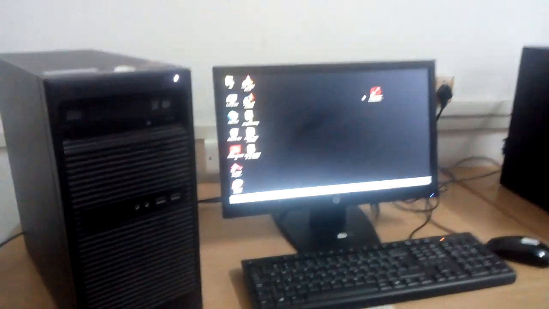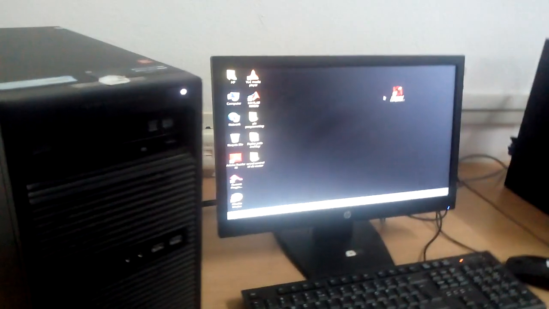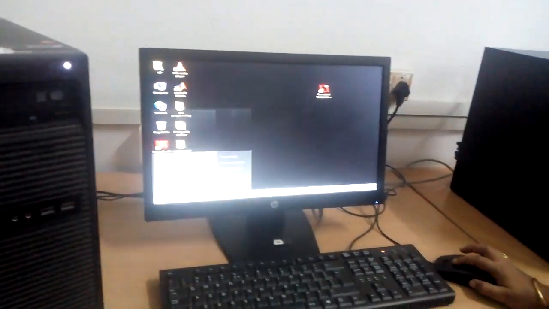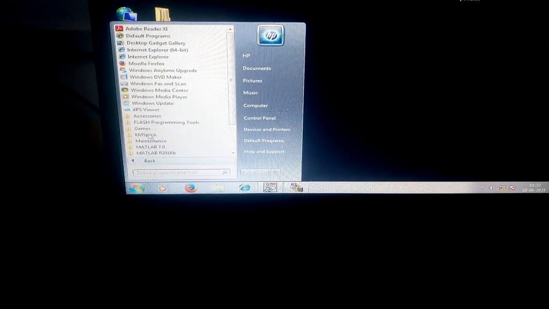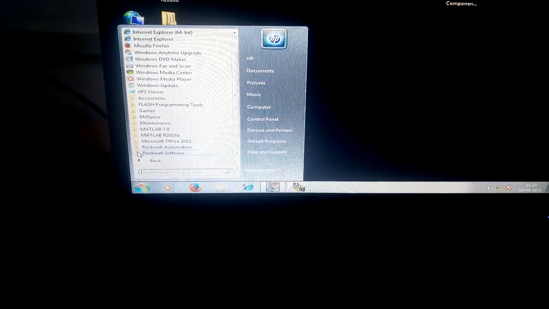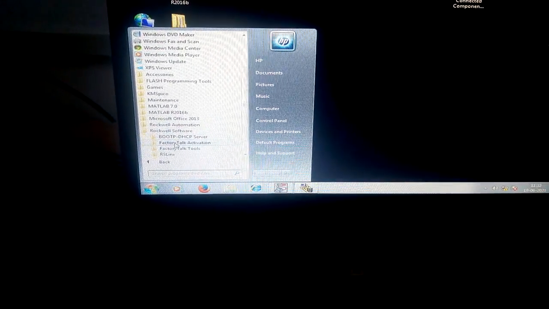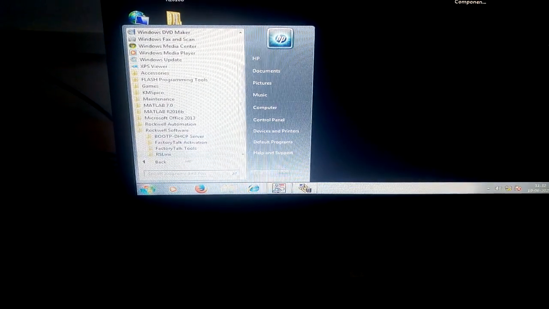Here in the PC we have some Rockwell software. You can find it under Start, then All Programs, and under All Programs if you go to Rockwell Software, you will find different things.